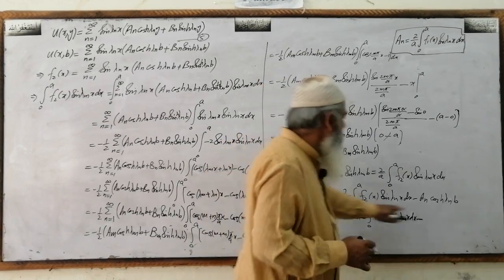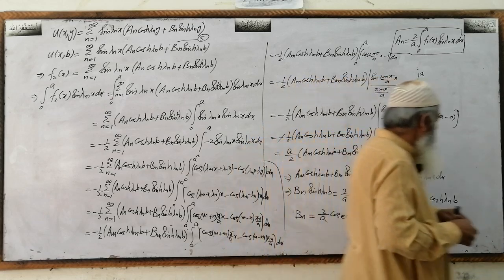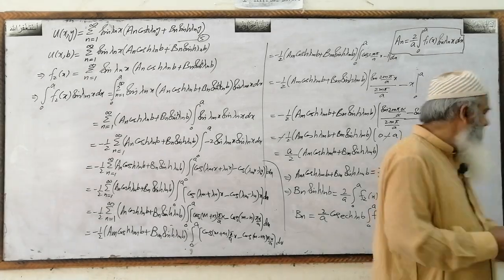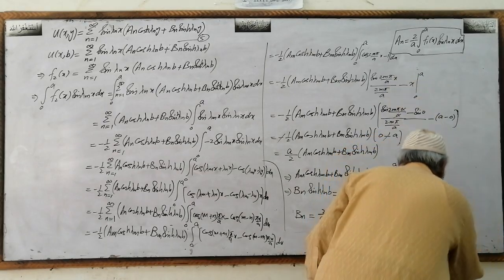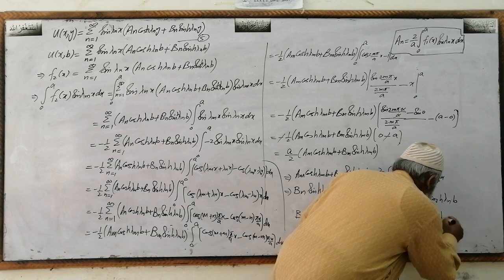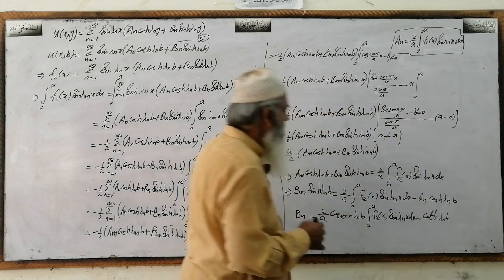When this goes on the right hand side, this will become cos hyperbolic lambda nb over sin hyperbolic lambda nb. This will become cot hyperbolic lambda nb, cos over sin. Therefore, I am writing here cot hyperbolic lambda nb,